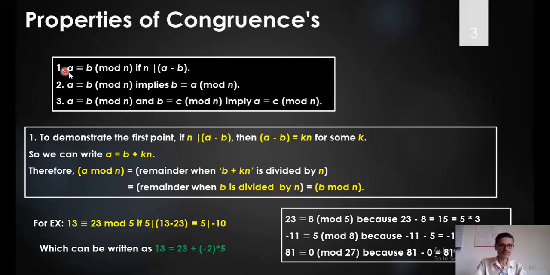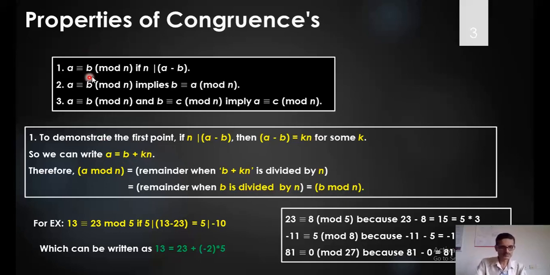To demonstrate the first property, let us consider, I'll start with n divides a minus b. What is the meaning of this? By using the division algorithm, if it divides, it completely divides without any remainder. So I can say that a minus b is nothing but k into n for some k, where this k is the quotient. Quotient multiplied by divisor will give you the same number, a minus b, isn't it? So if I bring this b to the other side, on the RHS, I can write a is equal to b plus kn.